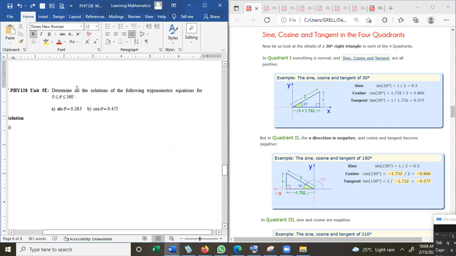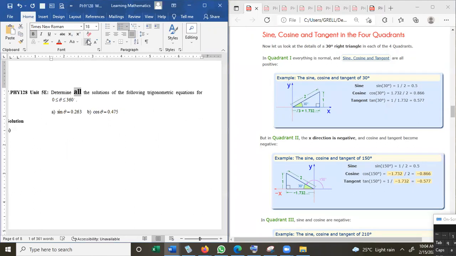So the mere fact that "all" is mentioned, it appears that there is more than one solution for that equation in the interval 0 to 360 degrees. Okay, so we expect to get more than one solution. Say all the solutions, all right? The reason why the question is allowed to demand that, to ask that,